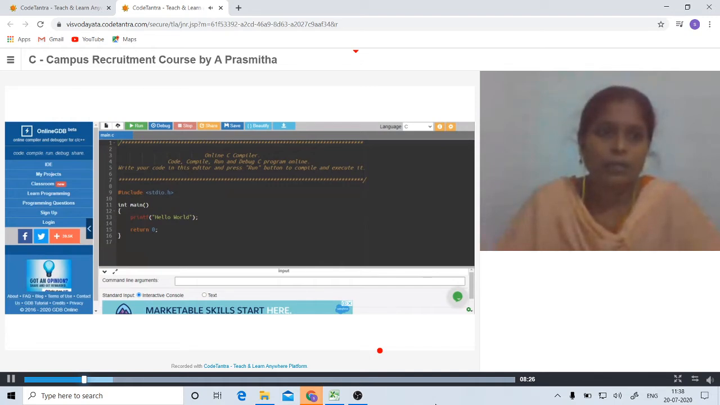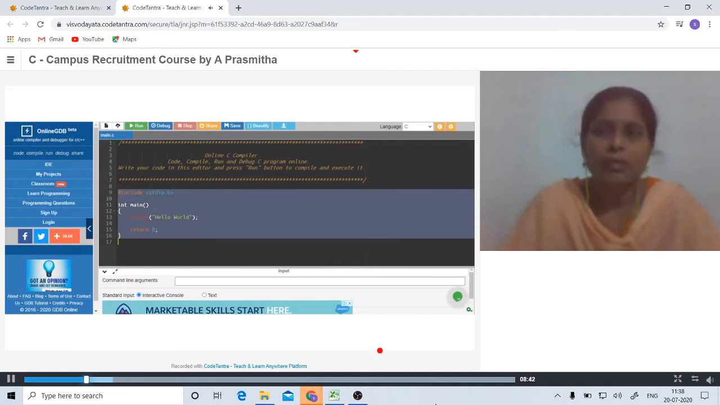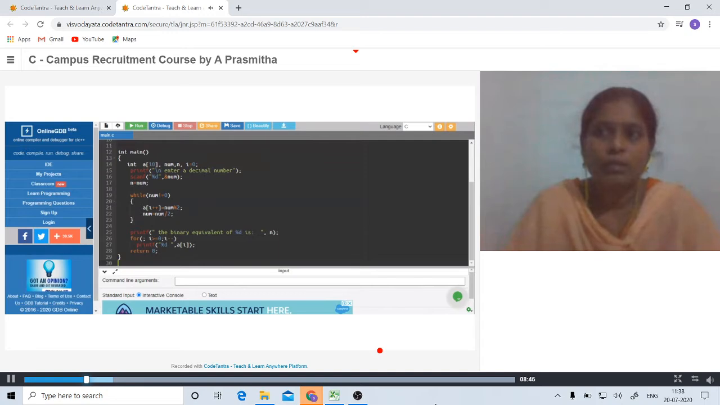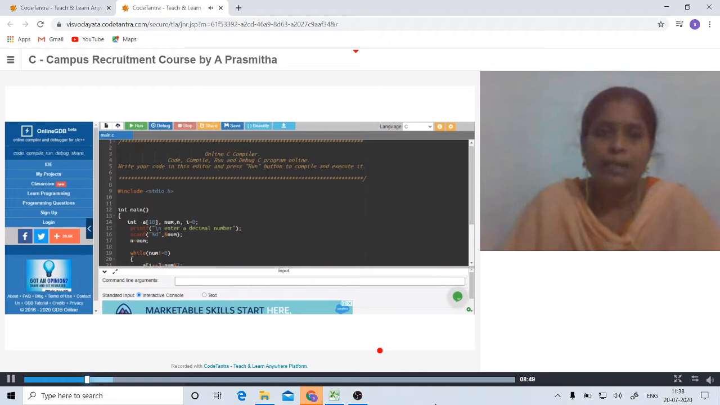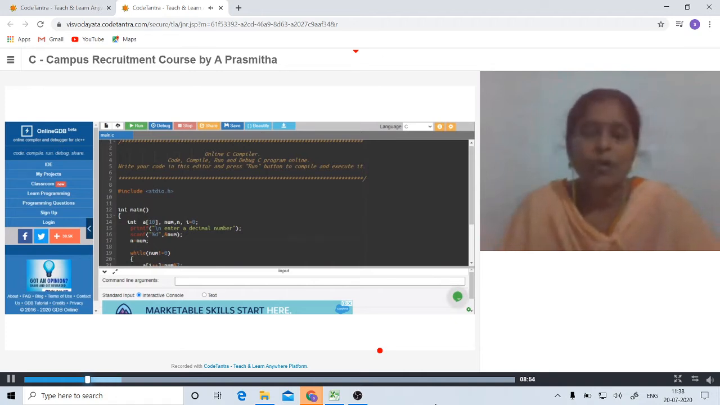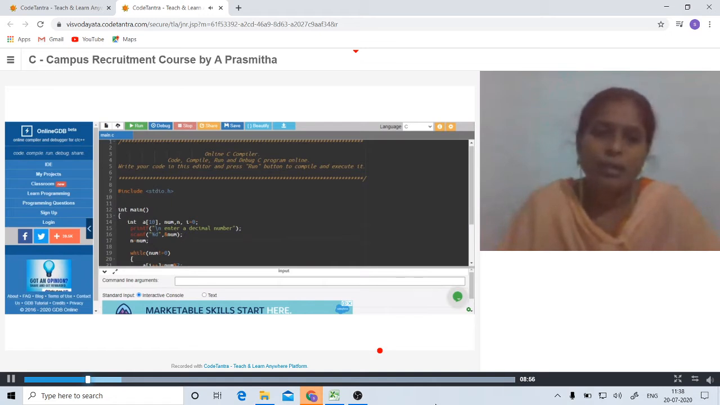I will show you how we can execute the code. Here I am writing the code. I have used the header file stdio.h, which is used for printf and scanf, for all the standard input output functions. In the main program,